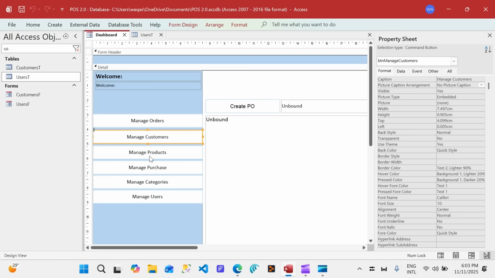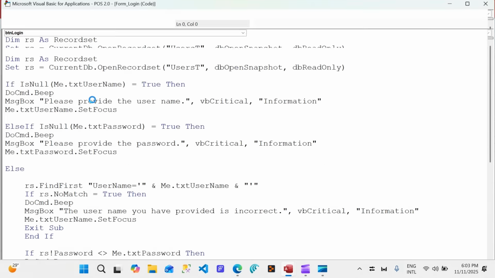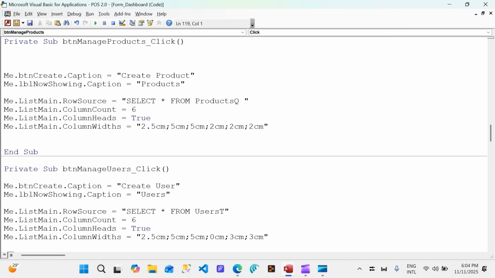Now I'm going to start with the products, and we will have the on click event. And right here, before this code actually begins, I'm going to put that logic in. So if temp var, now if you don't know what is temp var, remember in the previous video I spoke about temp vars and how you can create those temp vars. If temp var, for example, is role, if temp var role equal